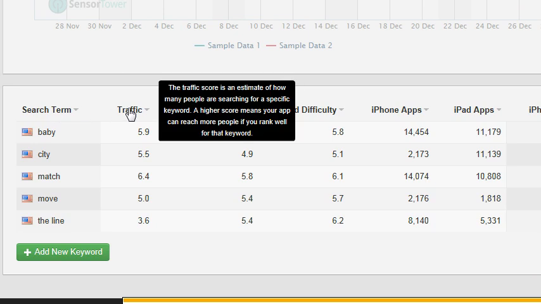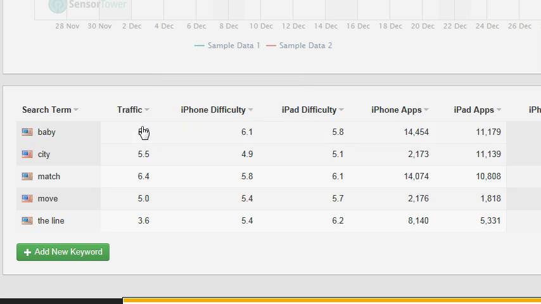Sensor Tower tells you exactly what traffic is. The traffic score is an estimate of how many people are searching for a specific keyword. A higher score means your app can reach more people if you rank well for that keyword. Alright, so you can see these are the search terms, and this is how much traffic each search term gets. However,